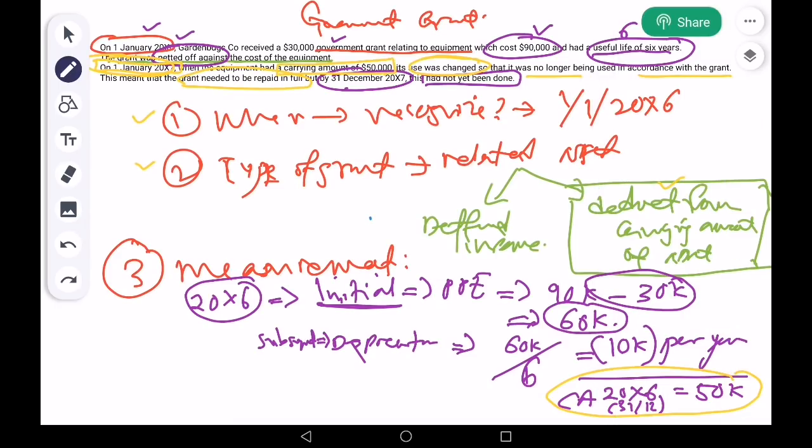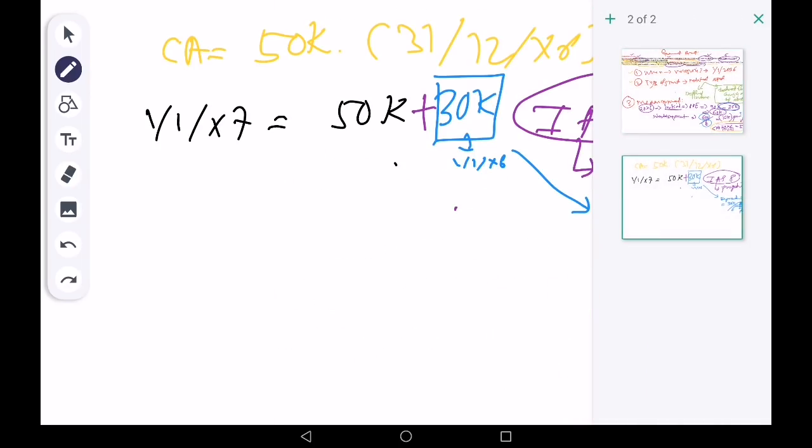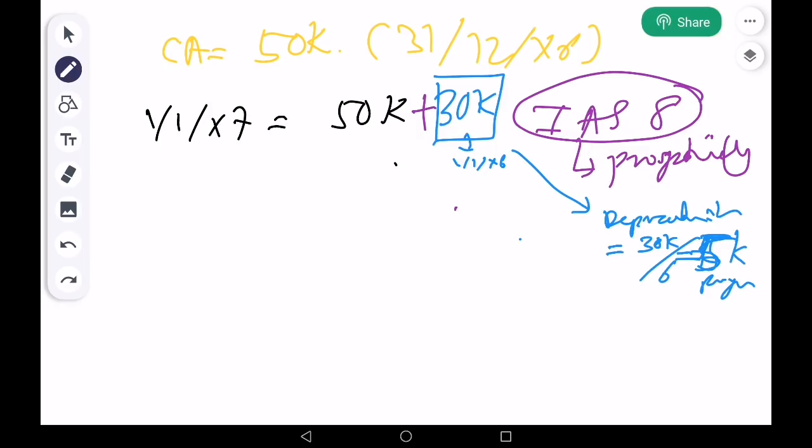Okay class, I repeat, initially you are using 60k, divide by 6, you get 10k, because you saved depreciation due to you having deducted this 30k. It should be that your depreciation is higher. However, because you have deducted the asset of the 30k, your depreciation is only 10k. Due to the grant being revoked, you have to do it prospectively, which is at 2007 only. You don't need to go back to your 2006. Alright, so you have to